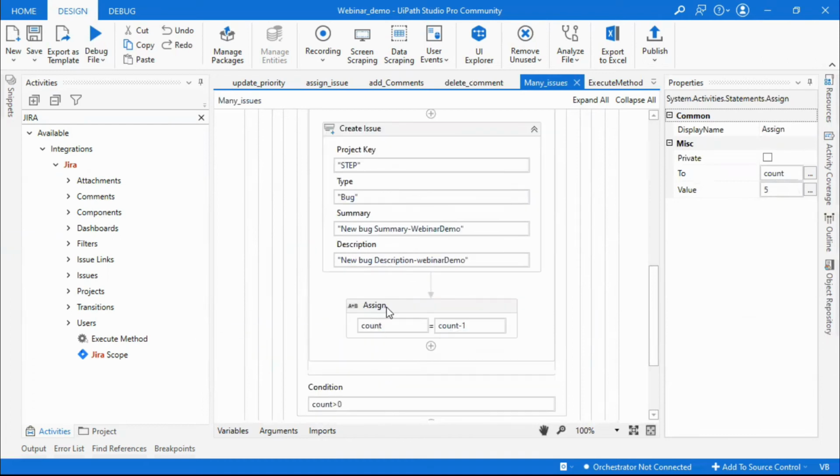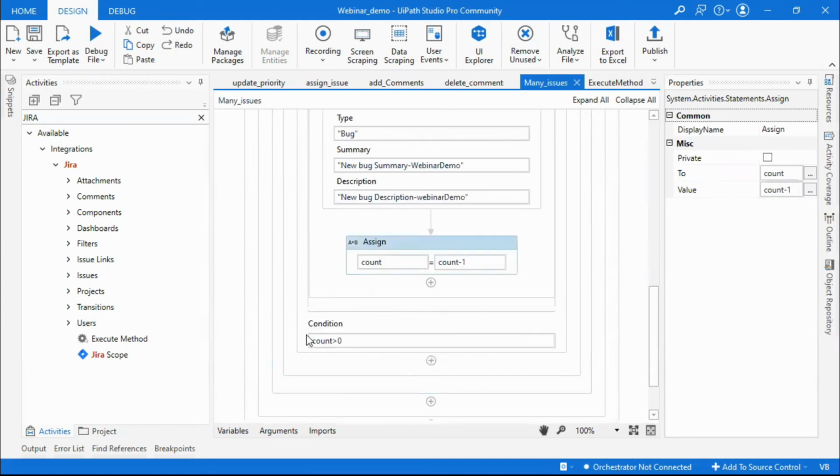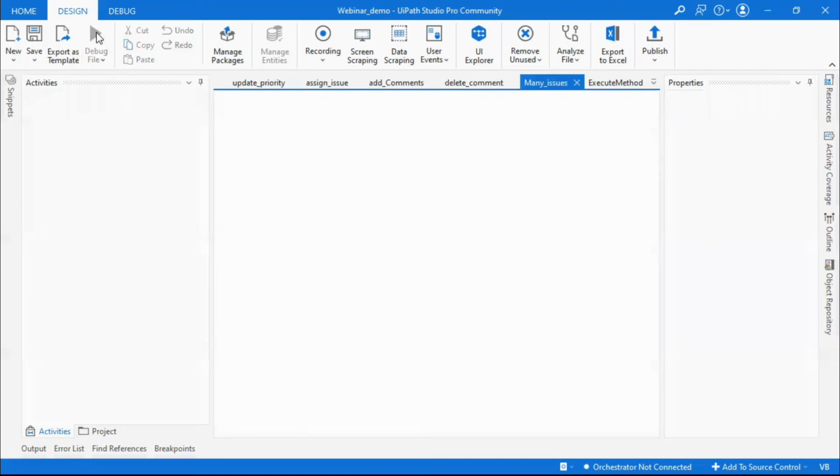I have to be decrementing, so I've used an assign activity here, and as I've used a do while loop, at the end I have to mention the condition. So once I run this, I'll be able to create 5 bugs.